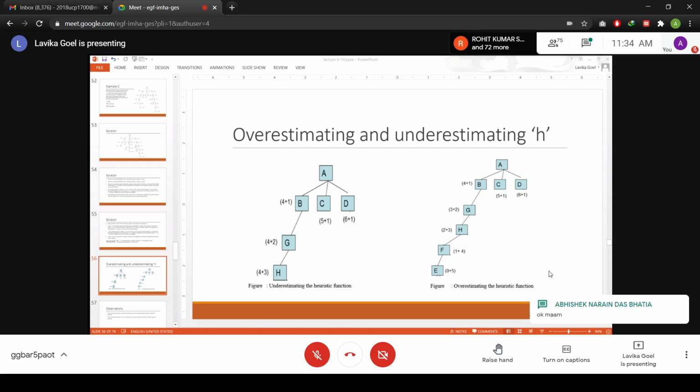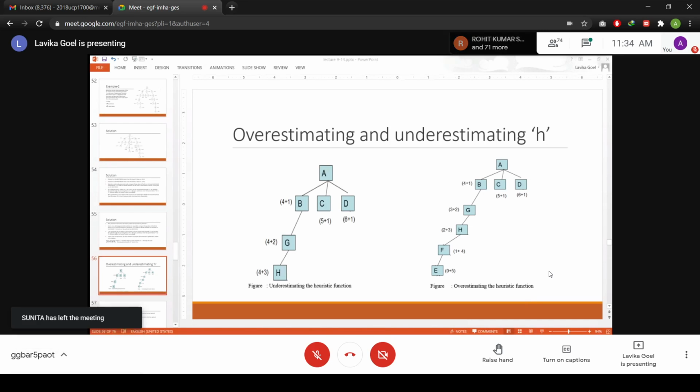Fine. So underestimating a heuristic function means that I have actually given the heuristic function a lower value than it should have. So let us see this example on the left hand side diagram. A has generated B, C, and D, and I have given a heuristic score of B as 4 and C as 5 and D as 6.